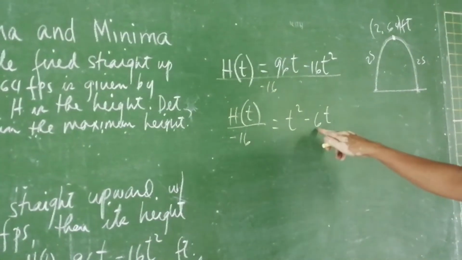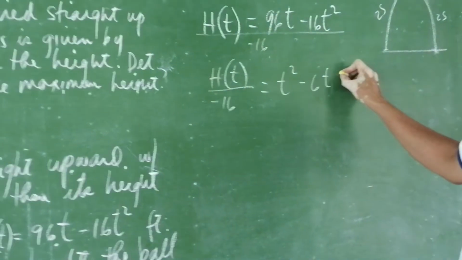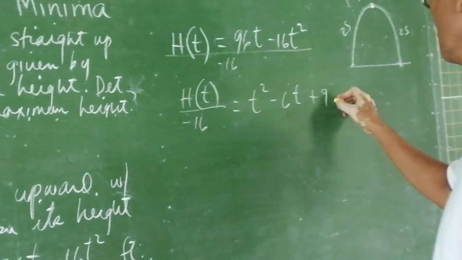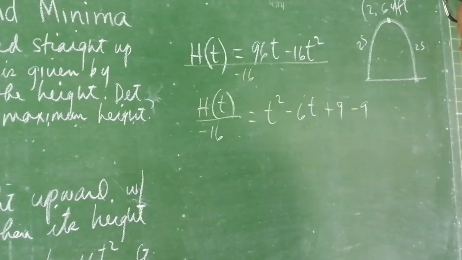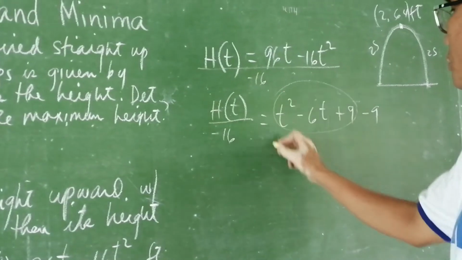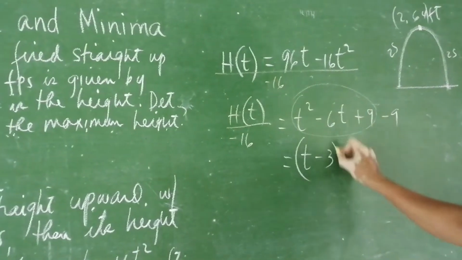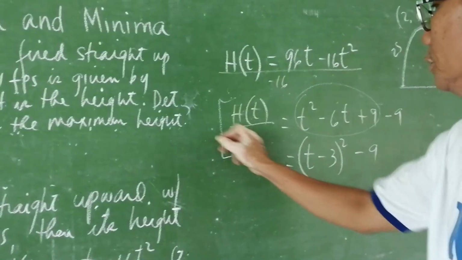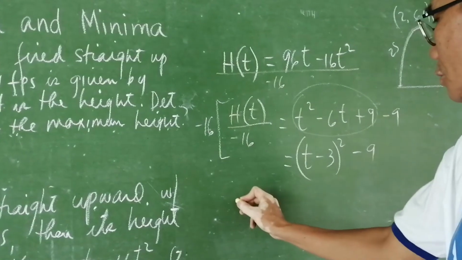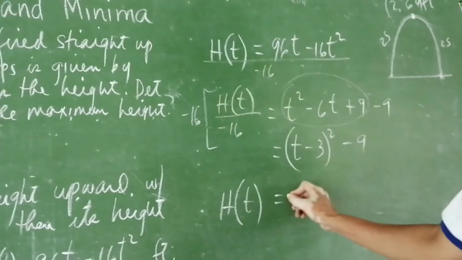Okay, let's complete the square. So 6 divided by 2 is 3, squared it is 9, so minus 9. So this is a perfect square. So that will be t minus 3 quantity squared minus 9. So we multiply now with negative 16 there, so that h of t will be equal to